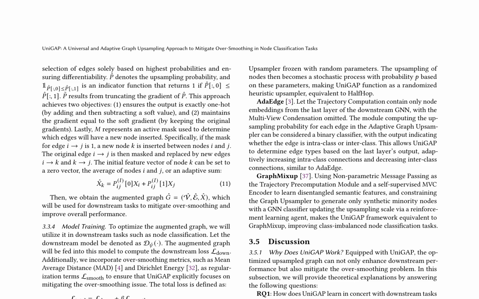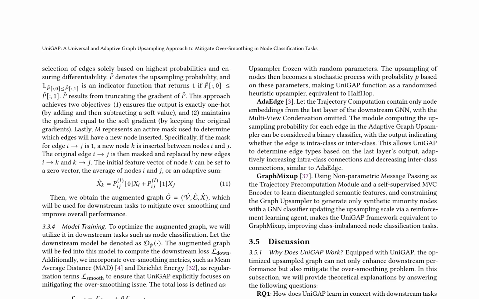UniGAP is a universal and adaptive graph upsampling approach designed to mitigate oversmoothing in node classification tasks. The methodology centers around a novel edge selection method based on highest probabilities, ensuring differentiability and maintaining the gradient equal to the soft gradient. This approach achieves 2 primary objectives: producing exactly 1 hot output and maintaining the gradient equal to the soft gradient. During model training, the augmented graph is fed into a